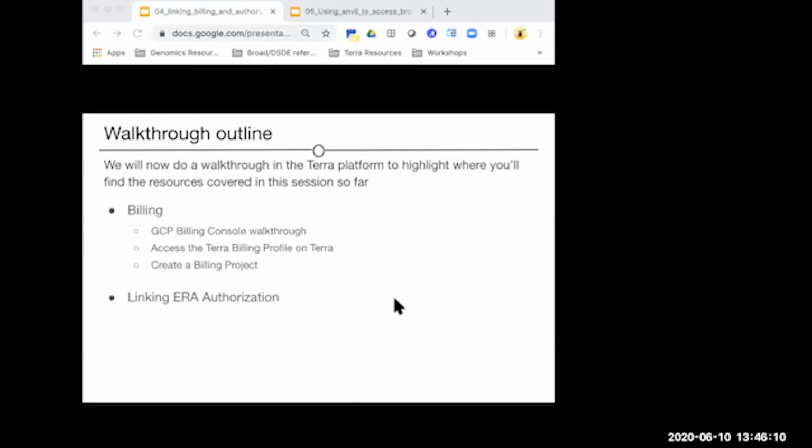Okay, so I'm a little bit more than halfway through. We're going to do a walkthrough in the Terra platform to show where you'll find the resources that I've covered in this session so far. So I'm going to walk through billing. I'm going to start on the billing console, the Google Cloud Platform billing console, to show you what that looks like, and then I'm going to go back to Terra, to the billing profile, and if you're following along, which I hope you will be,